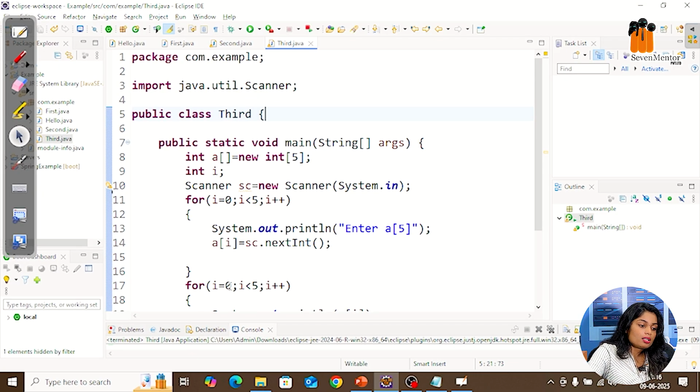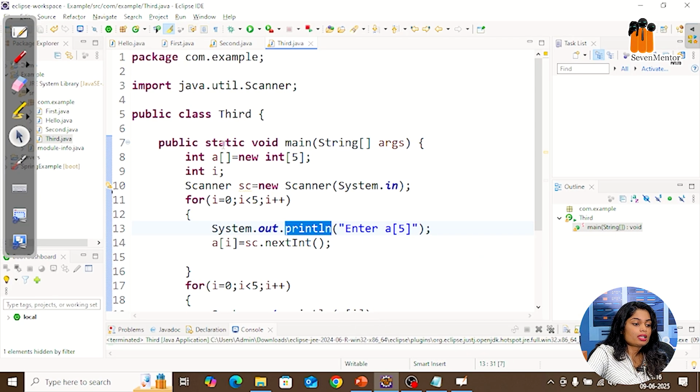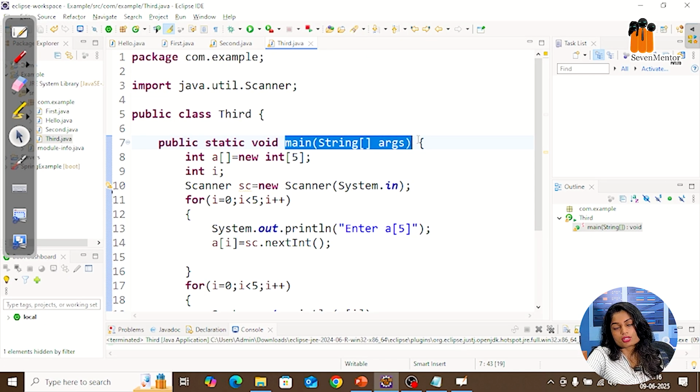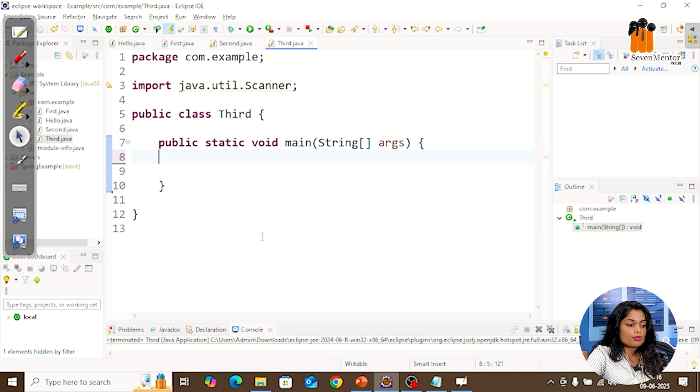You can see here like this System.out.println. This println is your function, and this is a predefined function. Again there is a main. Main is also a function, but this is also a predefined function. So these are the predefined functions. Now I want to create user defined functions. How you can create user defined functions, how you can access them, all that part we will see. User defined functions are mainly divided into 4 parts.